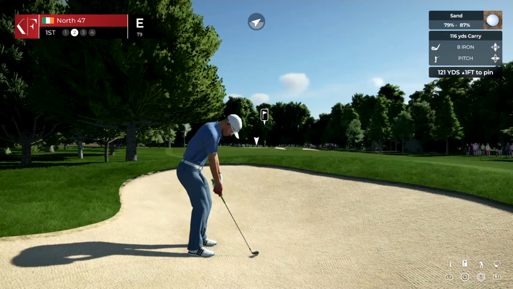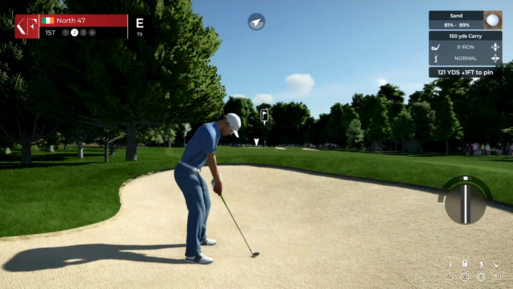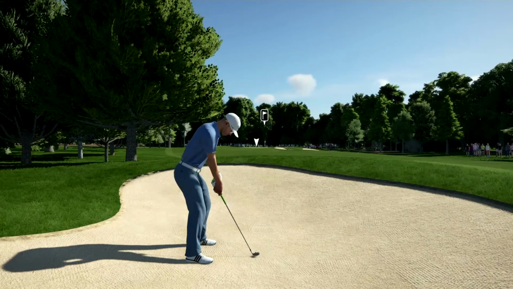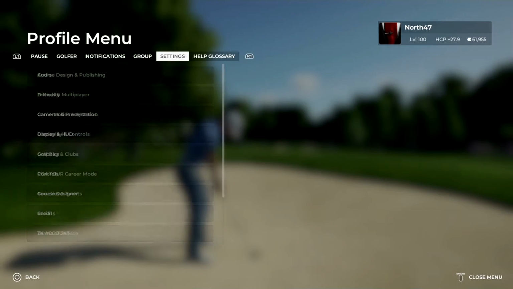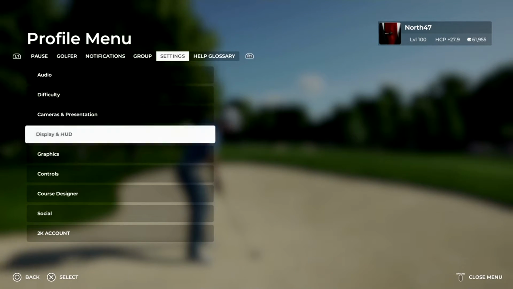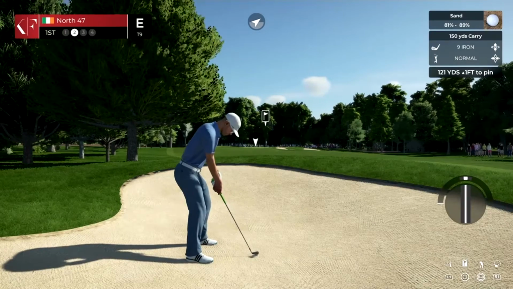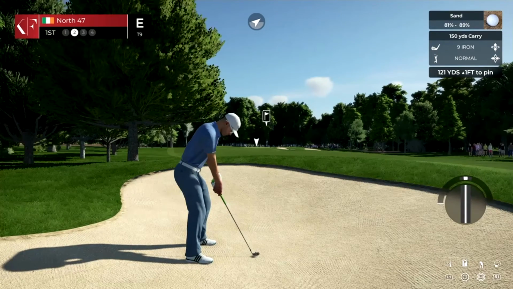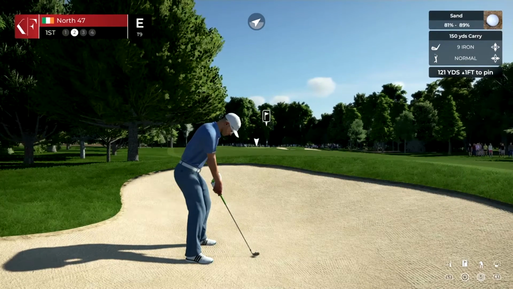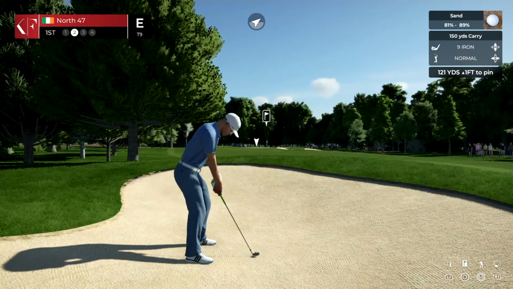I'm not doing a bloody pitch shot. One thing I'd like to see changed, I'd like to be able to turn off the shot suggestion. Actually, let me just have a quick look at what that could potentially be in. No, I'm not going to mess around with it now. I'll have a look at it after the round. But turn off shot suggestion, and have the distance ranged as well, like I could back in the golf club games. But 121,